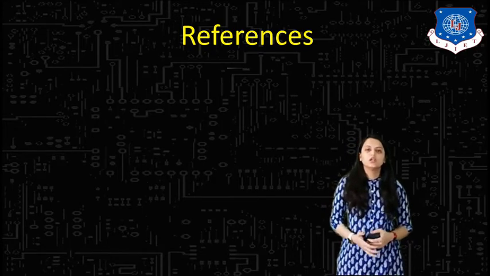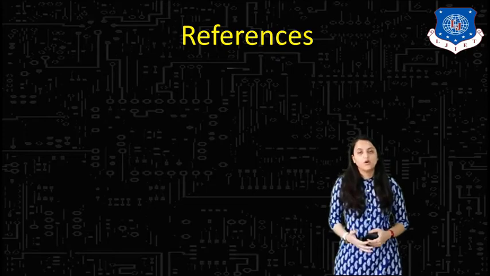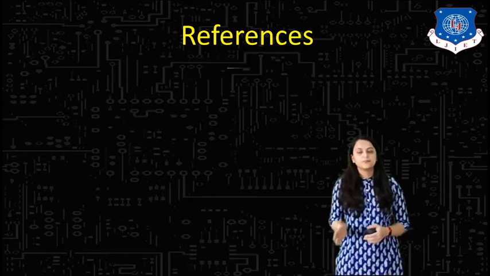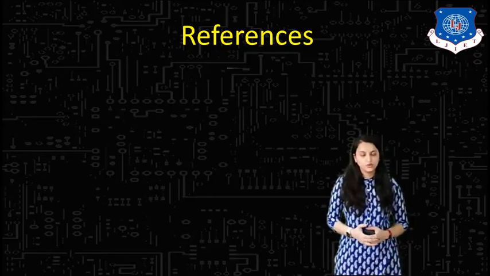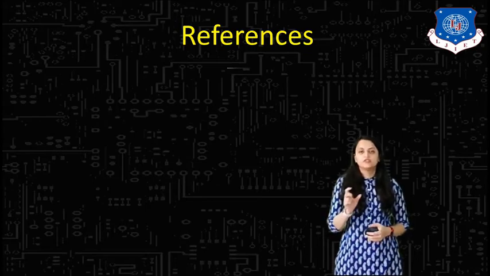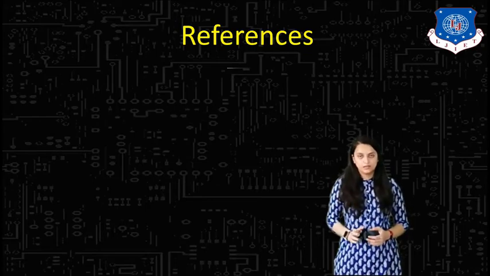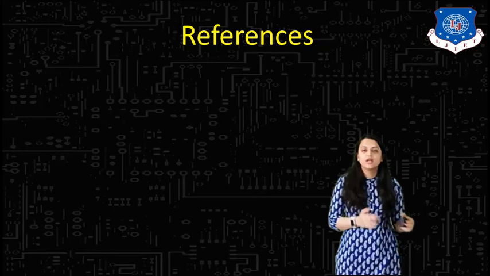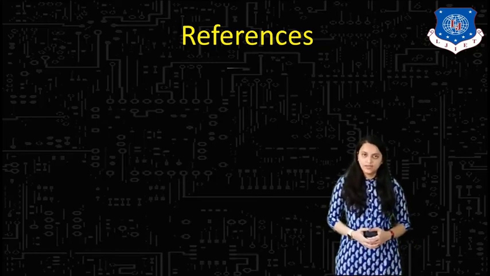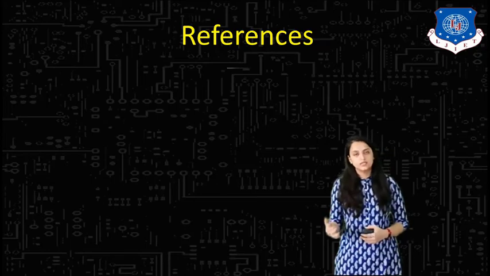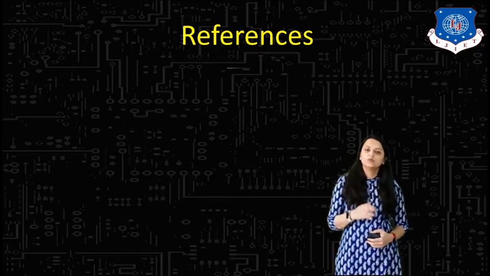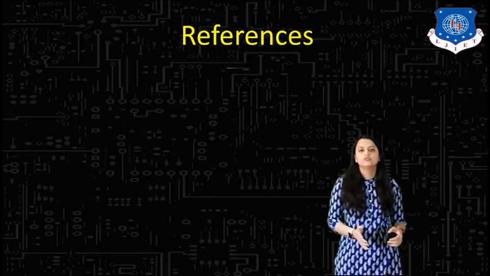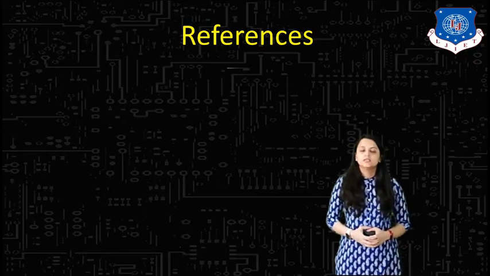So this was all about the concept of the full wave rectifier and half wave rectifier, which are the precision full wave rectifier and precision half wave rectifier. This operates on the position of the diodes used at the output or in the feedback. So remember the diode positions and directions to make the diode on and off, or the circuit open and closed, to get the desired rectified output. Alright. If the input is given to the inverting terminal, the output will be a 180 degree phase shifted signal with respect to the input. And if the input is given to the non-inverting terminal, the output will be in phase with the input signal. These are the references.